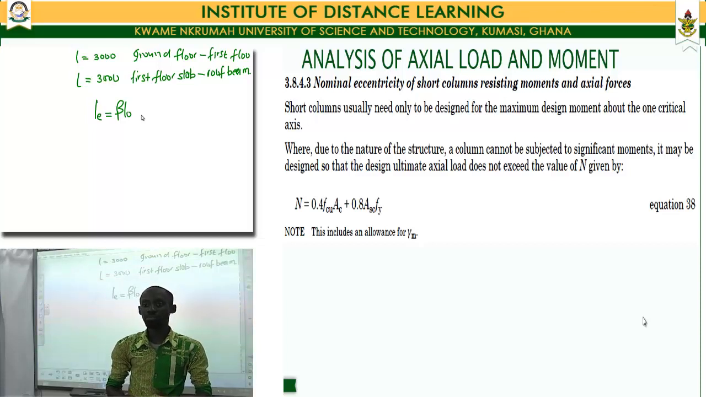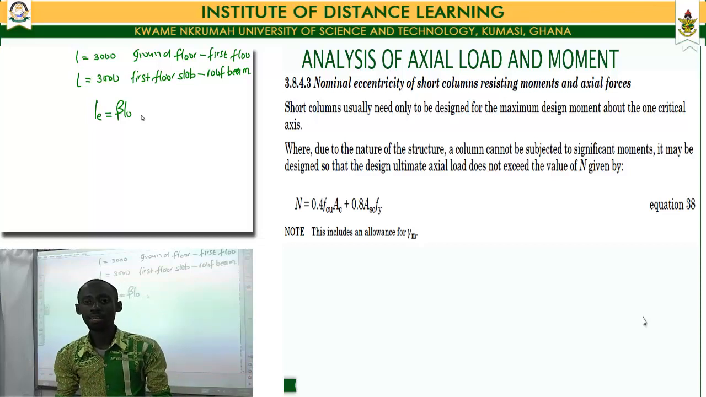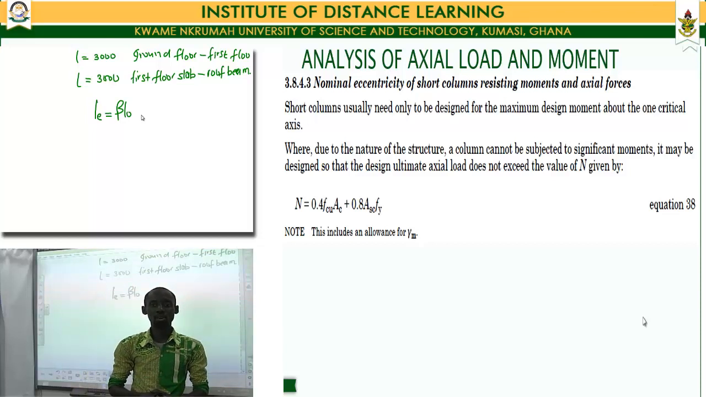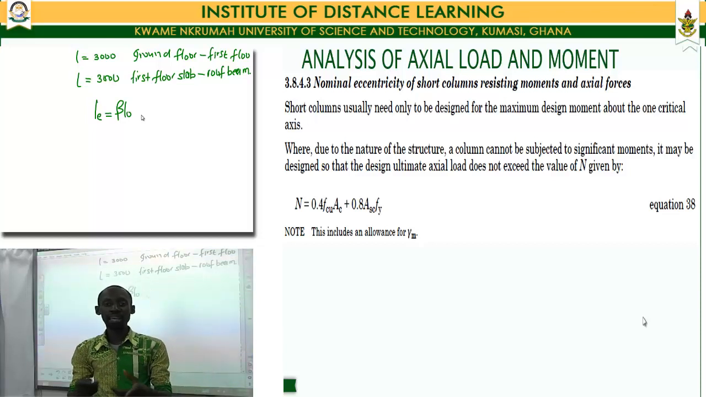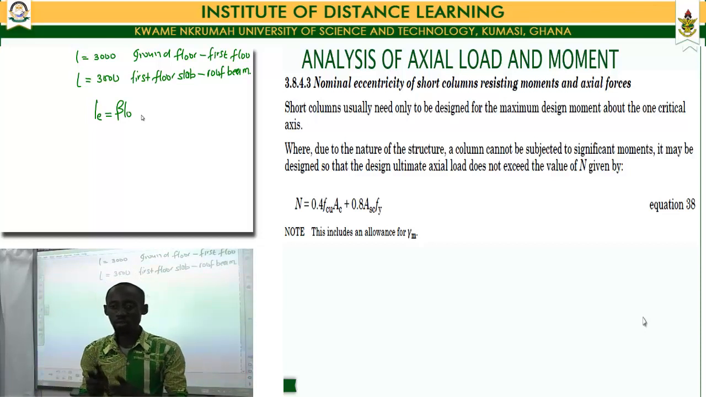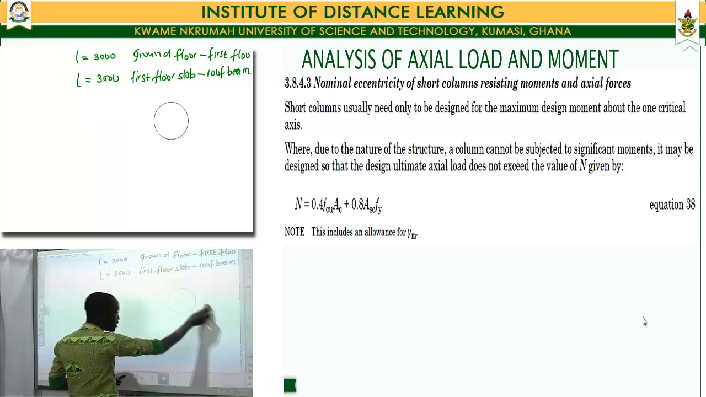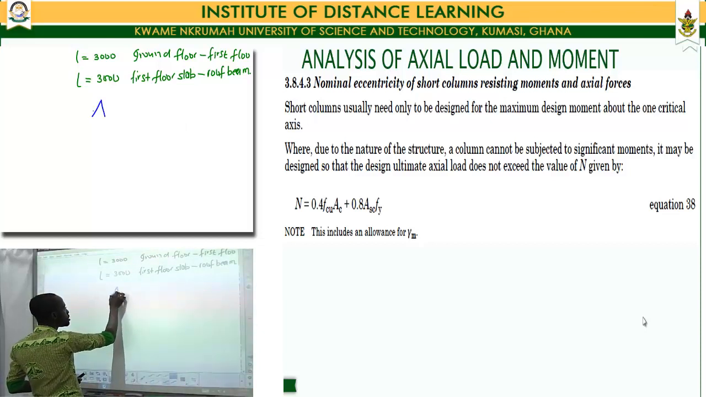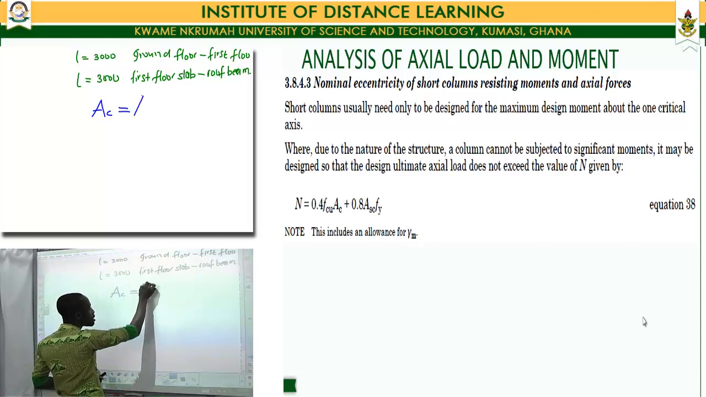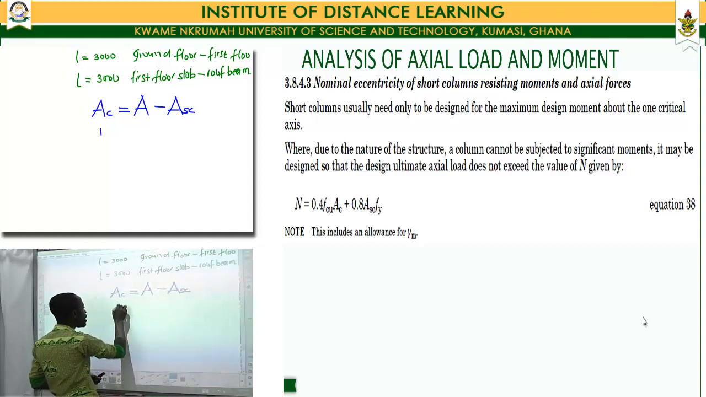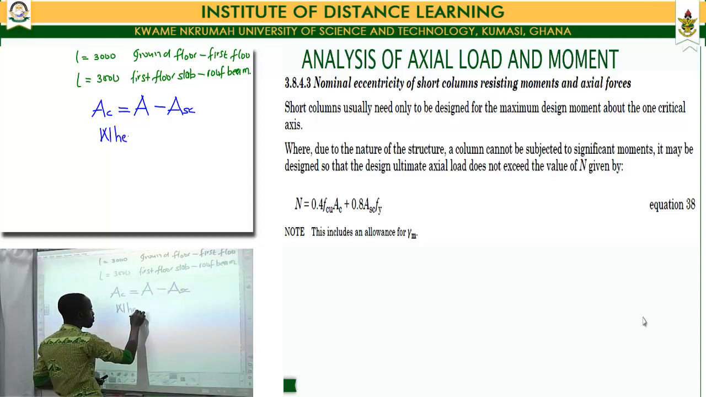Now, if we take equation 38, the variables given in the equation are N, which stands for the axial load capacity of our column. We take the FCU, which is the grade of our concrete. The AC is the net area of concrete within our column, in which case our AC can be said to be equal to A minus ASC, where our A is the gross